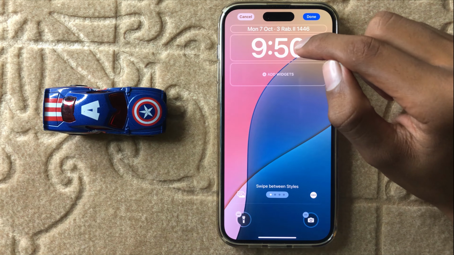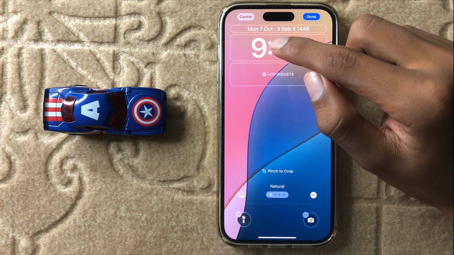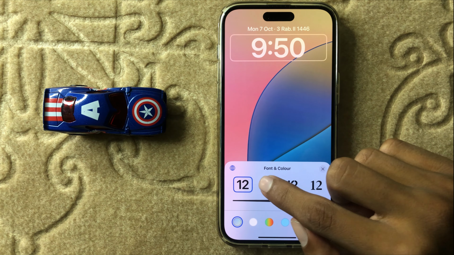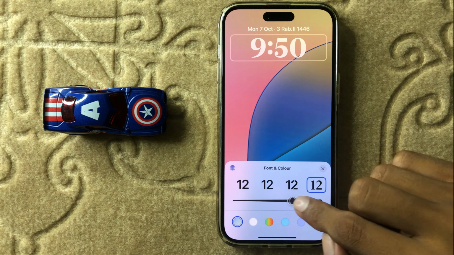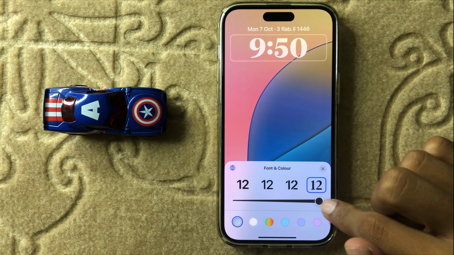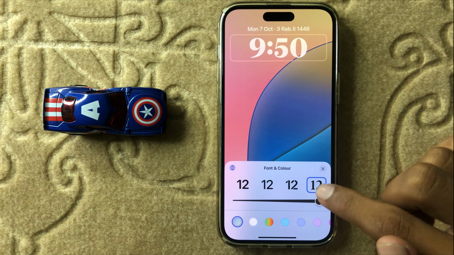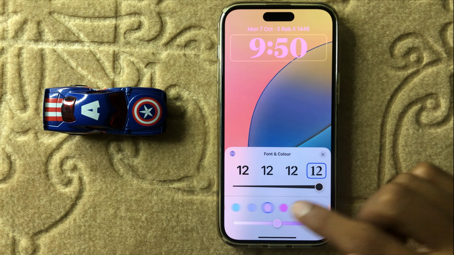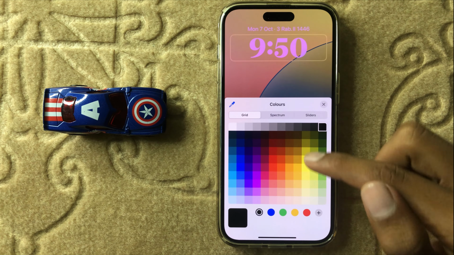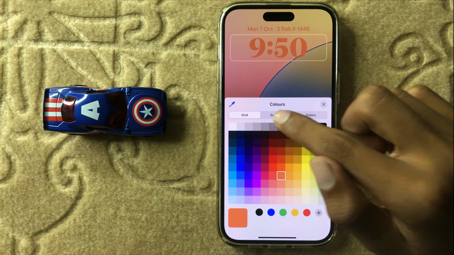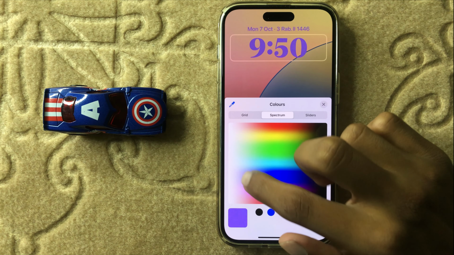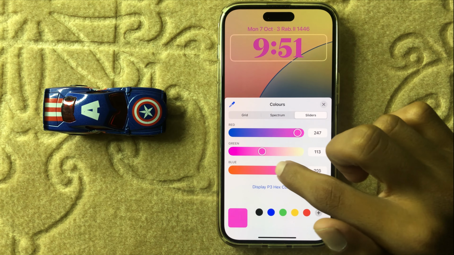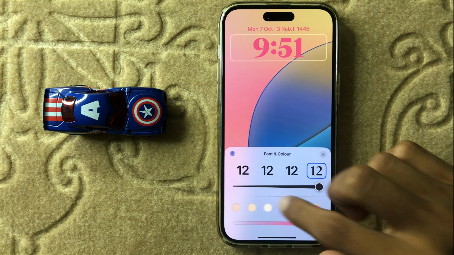And if you want to change the lock screen clock widget, font and color, then simply click on clock and here you can select a font size, and here you can select a color. You can select multiple colors from here. You can use sliders and